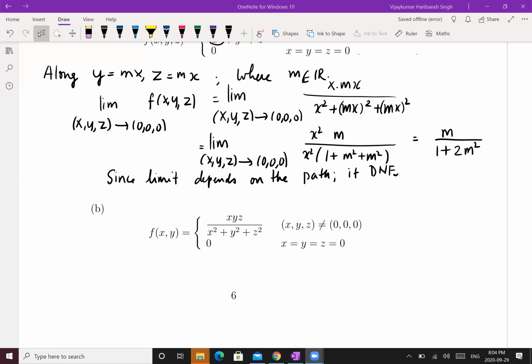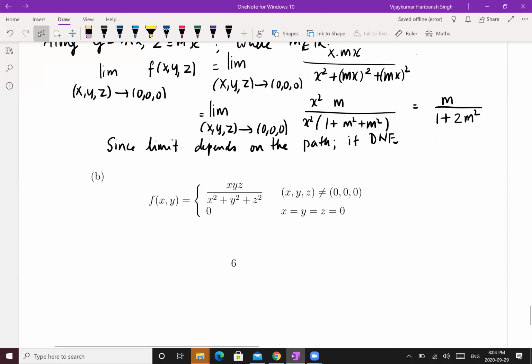So now we want to prove this. To prove this, I'm going to use the definition just to show you a technique. So what do I want? I want, given epsilon greater than 0, there exists delta greater than 0 such that